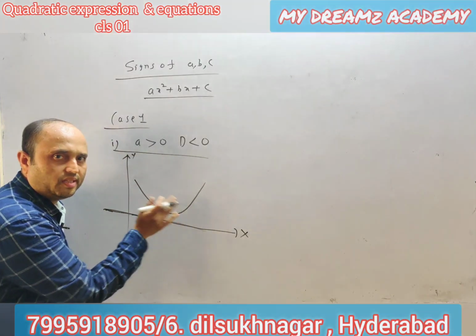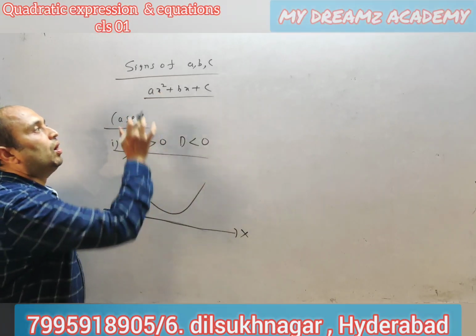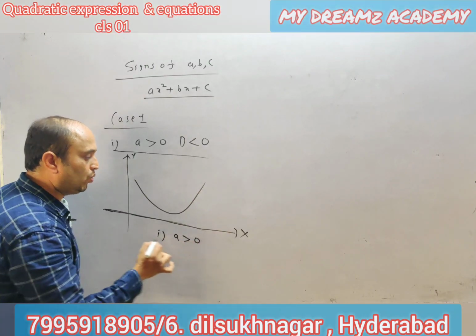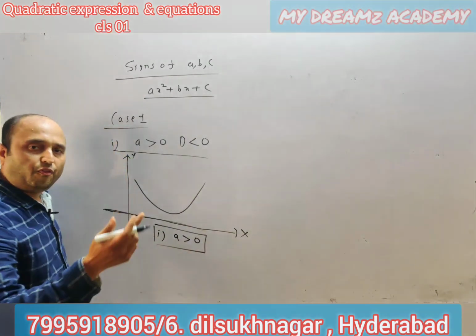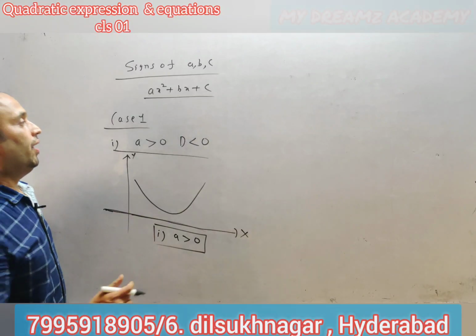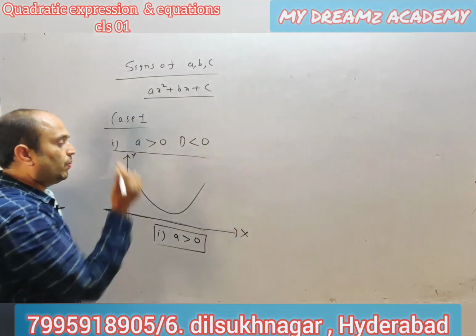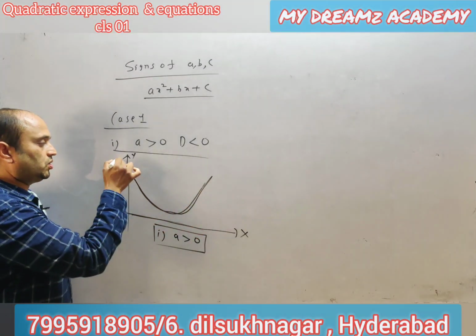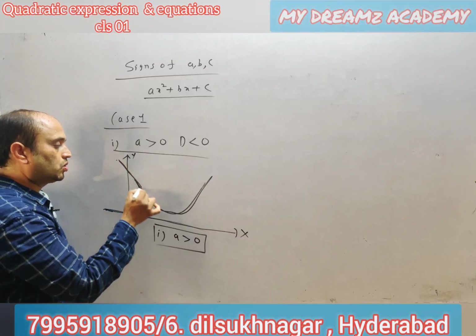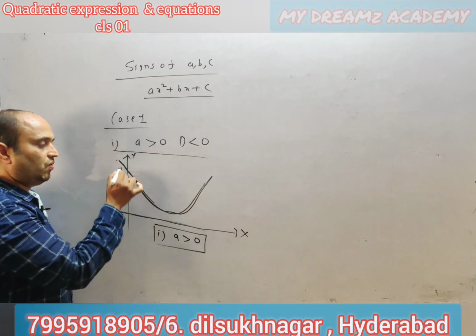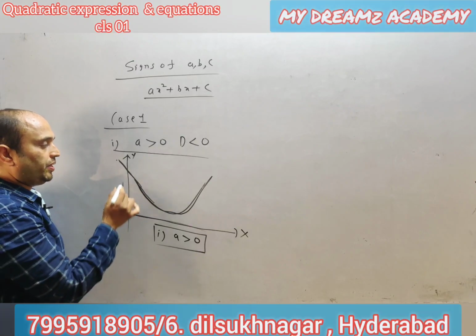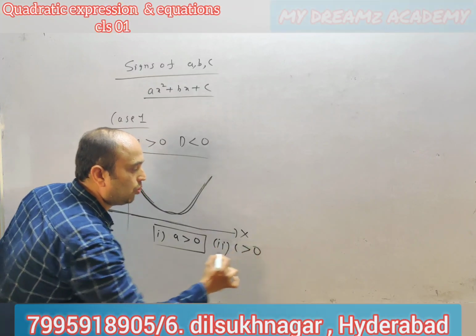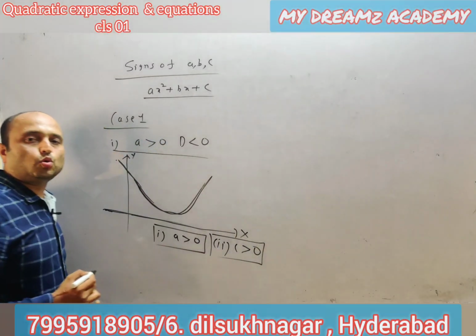In this case I want to discuss the signs of a, b, c. Already we know that a is greater than 0, since a is the leading coefficient and it is positive. Now what about c? Suppose this curve is in the first quadrant, so just extend this part up to here. This part is the y-intercept. Here the y-intercept is on the positive y-axis, so the second point is that c is also greater than 0.